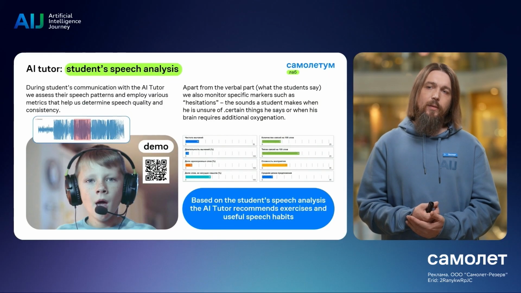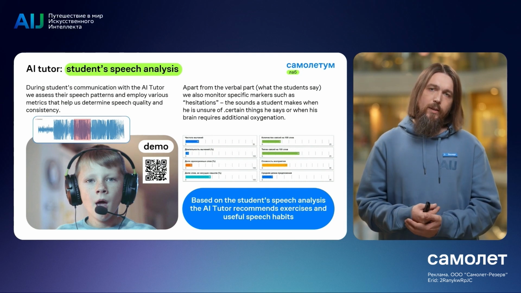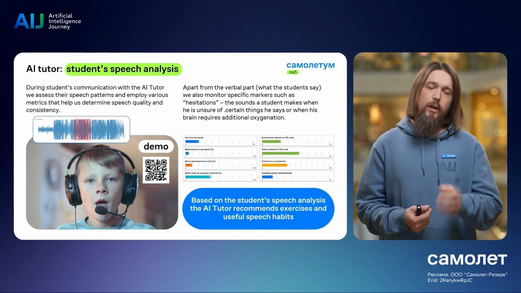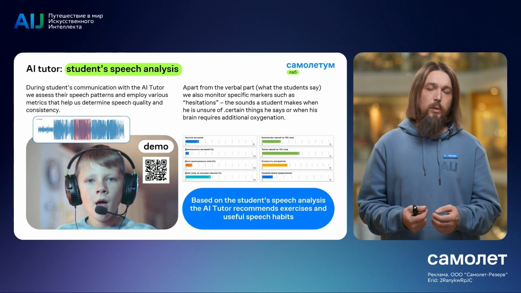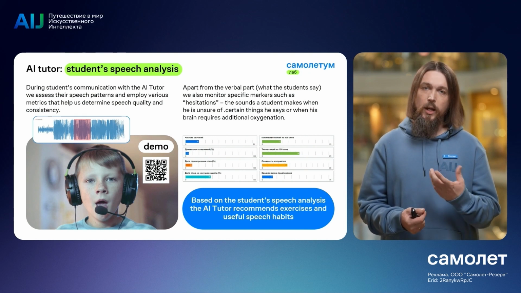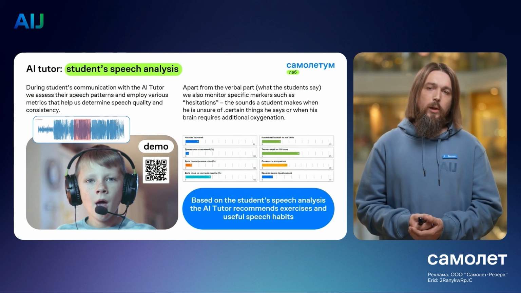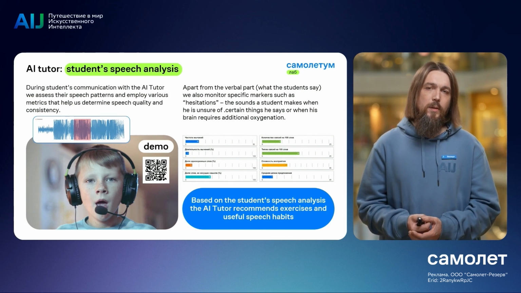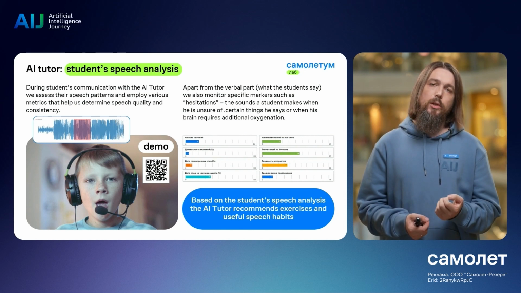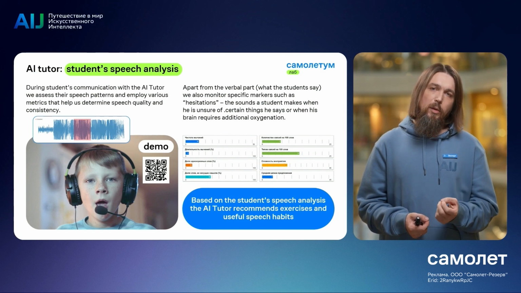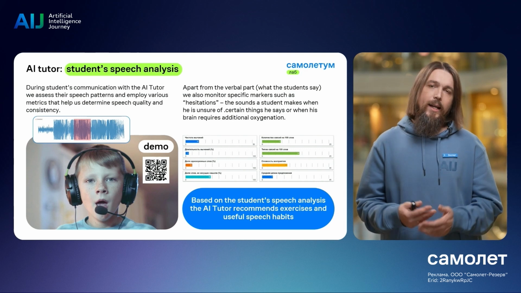So, there's a very interesting and peculiar algorithm set which will analyze how the pupil says things, like we are analyzing the speech elements and markers like hesitations. Hesitations are sounds that everyone has in our speech. So talking to neurophysiologists, we can have a very curious state, the indicators in those hesitations. First of all, are the indicators of how much time you require for your brain to get additional oxygen.